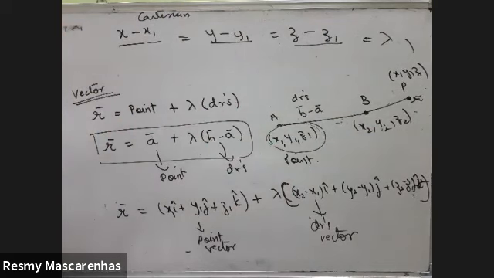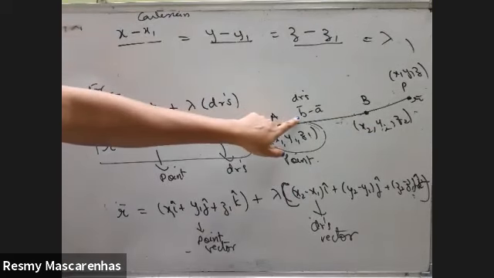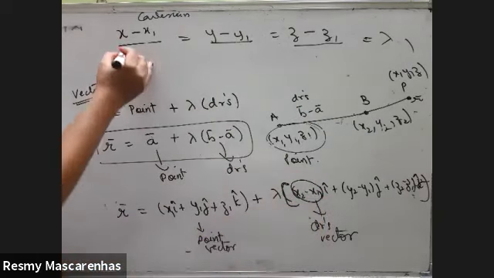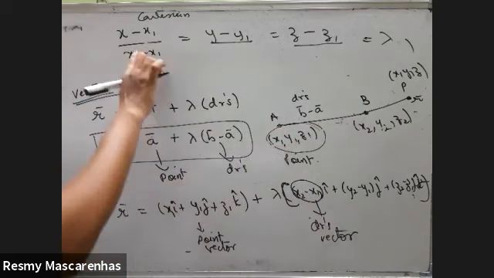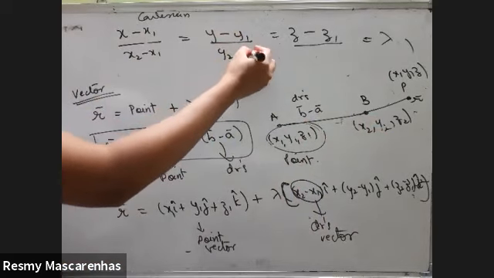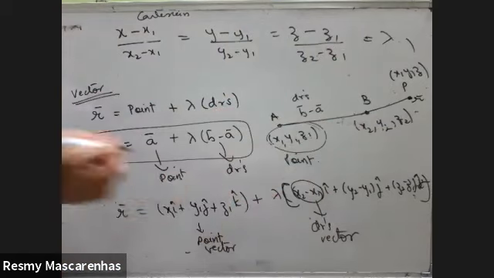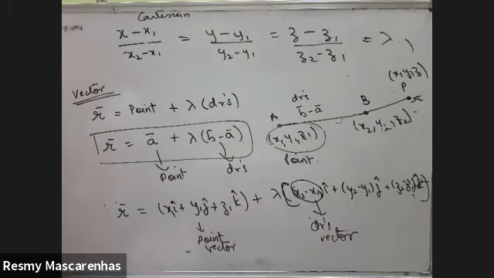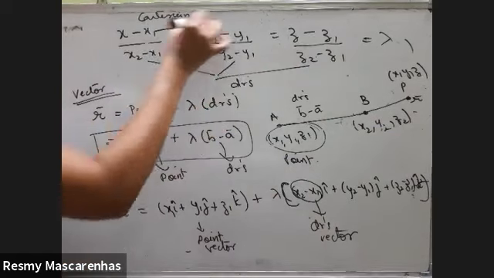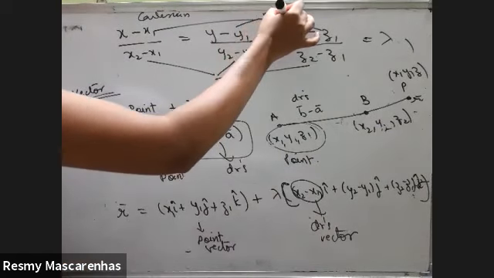Point I wrote in the numerator. And in the denominator I want to write the direction ratios. So where are the direction ratios? This B minus A I cannot write here. Here, this. So here X2 minus X1, first one. First direction ratio here. Second direction ratio here. And third direction ratio will be here. So this is the Cartesian form of a line when 2 points are given. Denominator, direction ratios. Numerator, point.